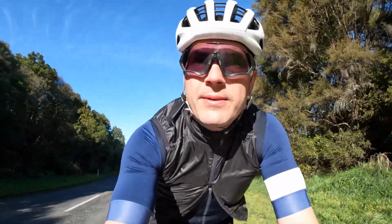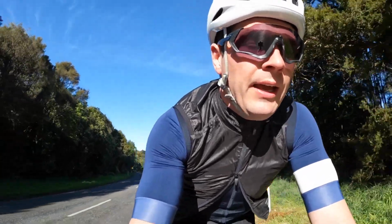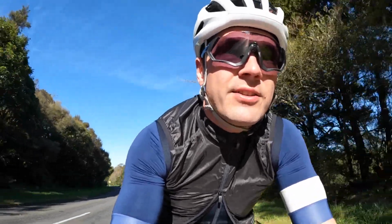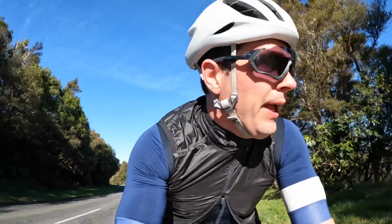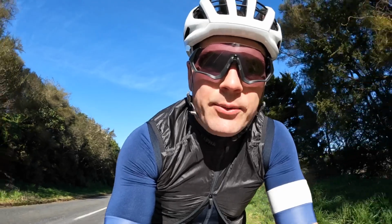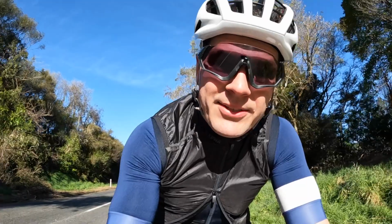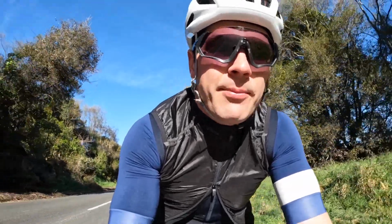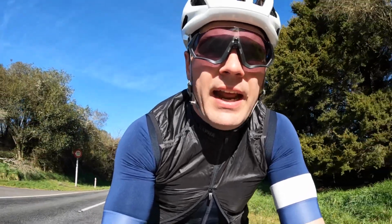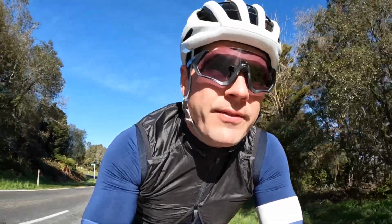So before I dive into my points, I think it's worth clarifying what I am comparing older bikes and newer bikes to. I'm currently riding in the Taupo region. It's notorious for coarse chip seal, bumpy surface, just really grippy riding up and down all day. And the bikes I was riding when I last rode here were your very typical bikes of the mid to late 2000s. Now in comparison, today I'm riding my Specialized Tarmac SL7,